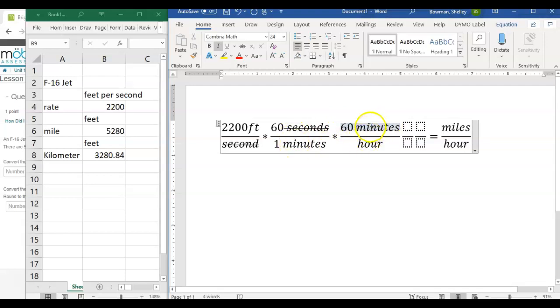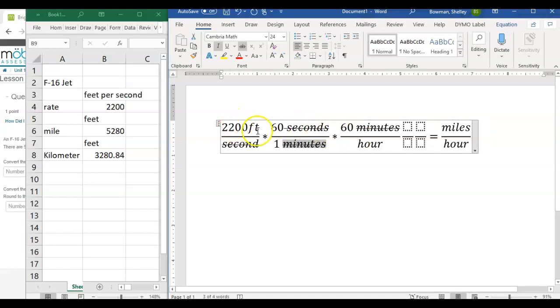And so now I have a conversion factor here. I know minutes divided by minutes will cancel out, so I can show that canceling out. And I now have hours. So I'm done working with the time portion of my unit conversion, and now I can move into the distance